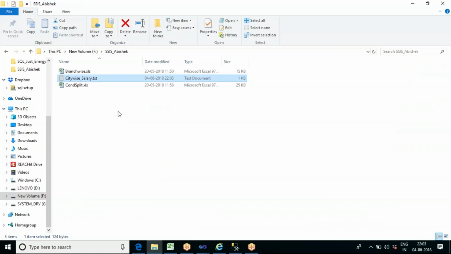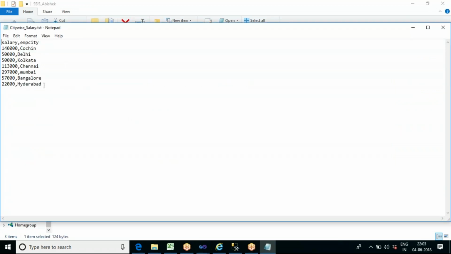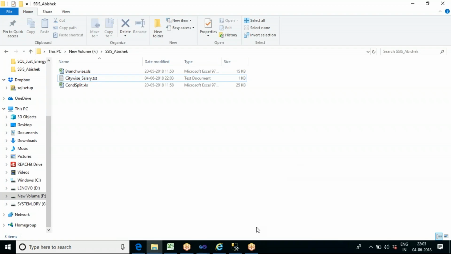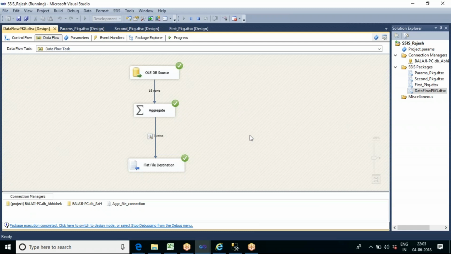Now if you double click on the destination, you can see only 7 records are there, and the column values are separated by commas. Bangalore is coming only one time, 57,000. So inside the aggregate function we can specify whether to ignore the case or not.